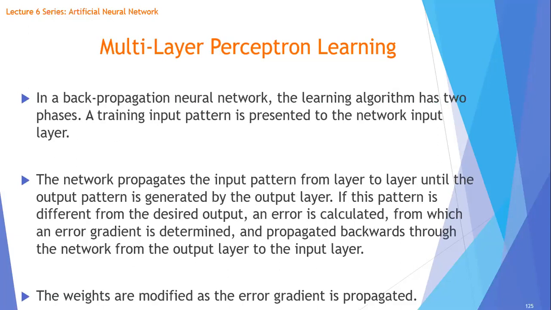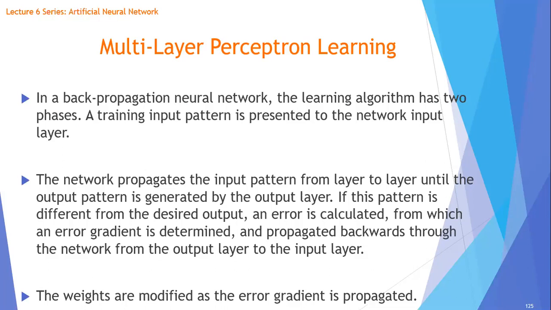Now, in the backpropagation neural network, we've seen we have 2 distinct steps. We have to first feed forward the data to be able to get to errors, but that's not the end of the story. You have to backpropagate your error gradients to be able to work out error gradients in your hidden layers. So the network propagates the input pattern from layer to layer until the output pattern is generated by